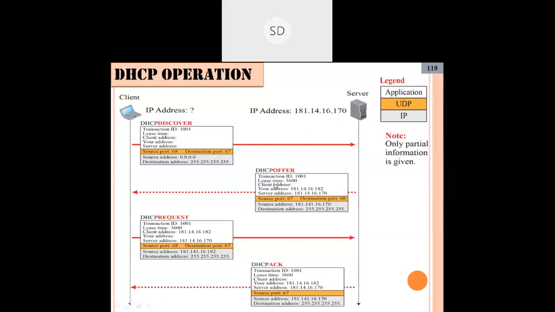Next, the lease time, a very important point. Lease time is the maximum time for which the host can keep the IP address. The IP address will be given by the server; it is dynamically allotted, so during this process an IP address will be assigned to the client.